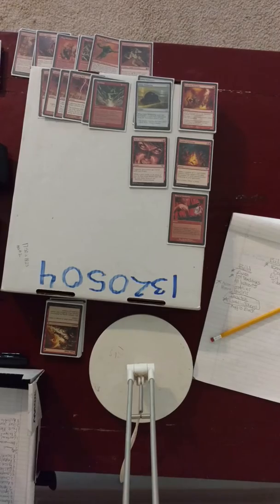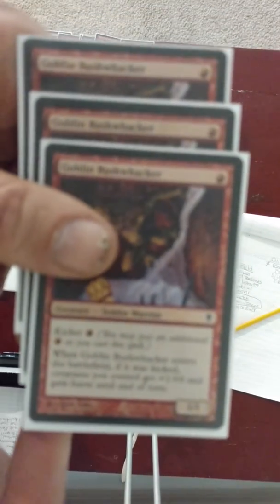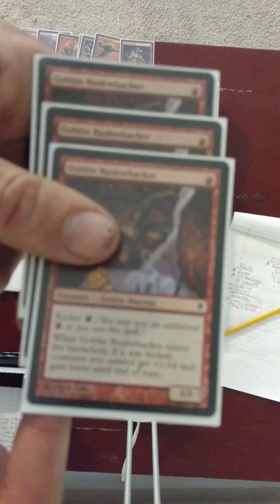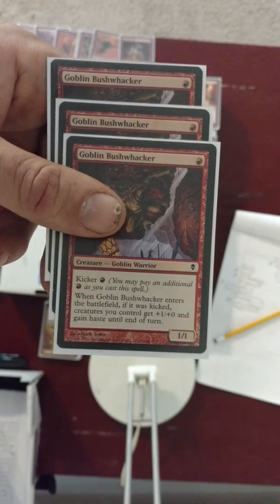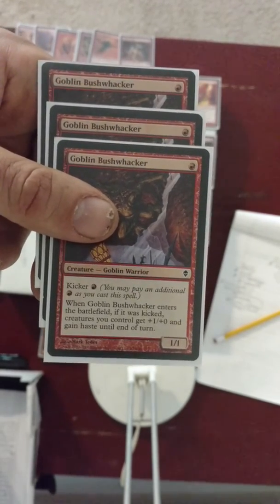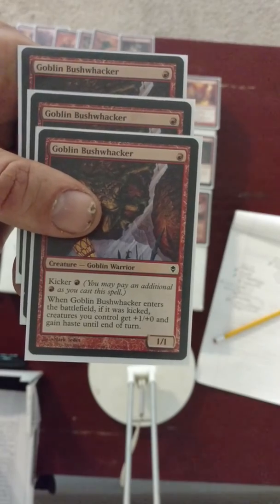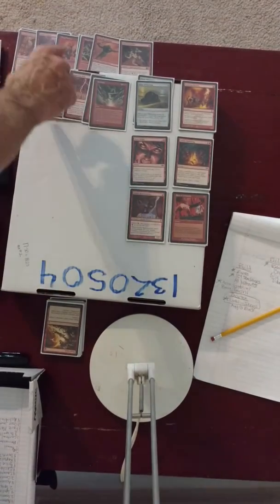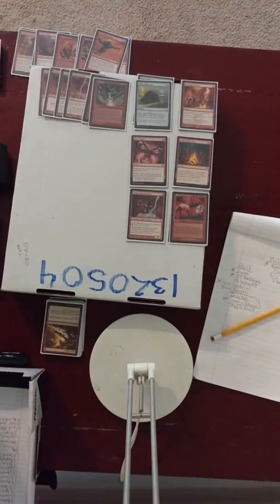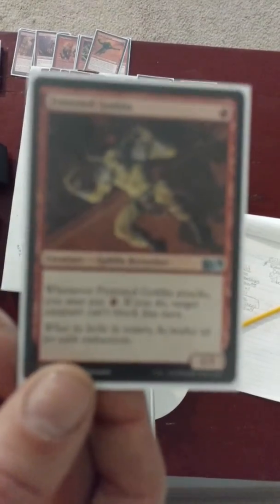Then for more pump, we're also running 3 copies of Goblin Bushwhacker. Could go up to 4 on this, as with the other 2. Come on, focus. There you go. Red. Kicker red. 1/1. If you pay the kicker for 2, creatures you control get +1/+0 and gain haste until end of turn. So that's really special. Sometimes it's easy to forget the haste part and just remember that all your creatures get +1/+0 when you're in the thick and thin of it. Don't forget that guy gets haste. Because I did one game. Anywho,